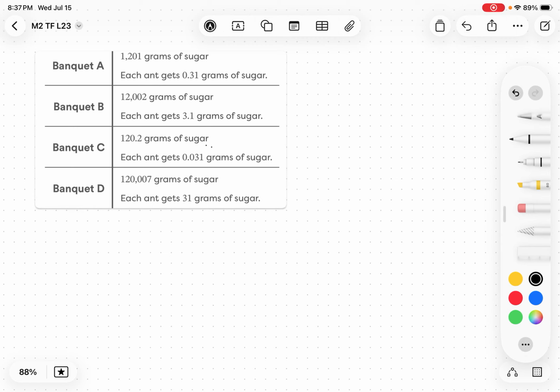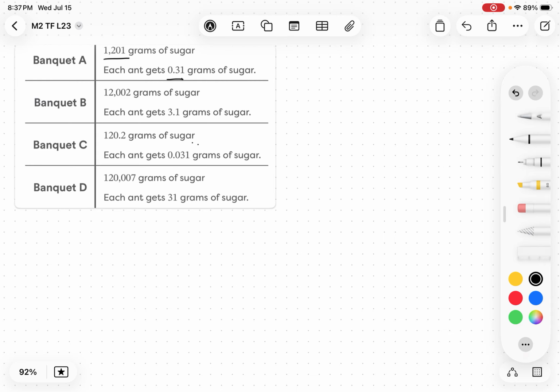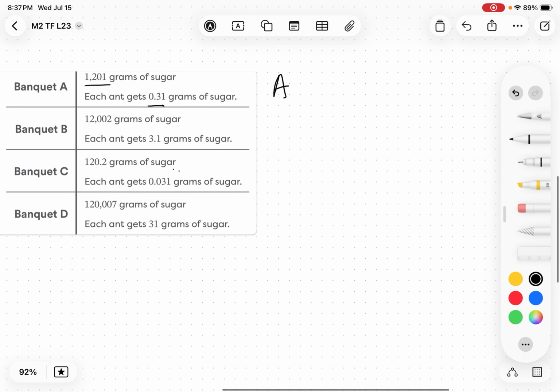All right, so I need to figure out which banquet had the least number of ants being served to the most number of ants being served. And the way that we do this is that we have to take the number of grams of sugar and divide it by the serving size for each banquet. So we're going to start with banquet A. And banquet A, we start with